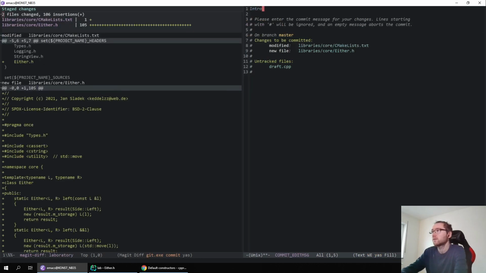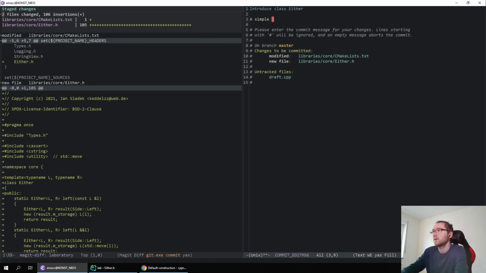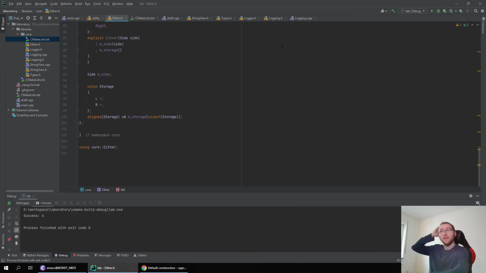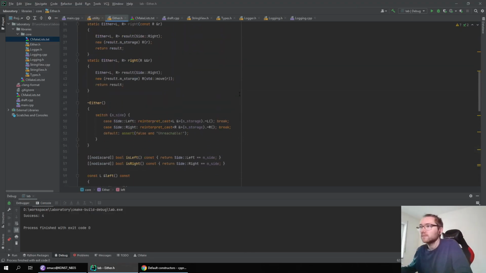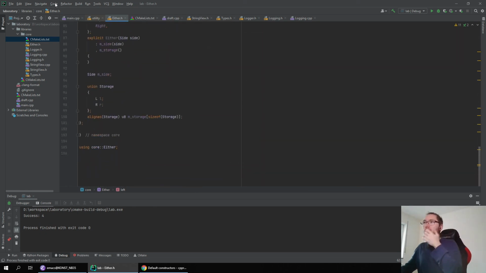So introduce either, a simple concept for error propagation, stolen from Haskell. Okay, sure. So now we have our either.